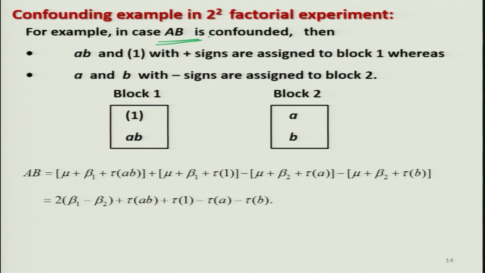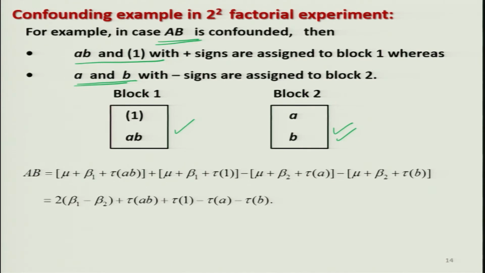Now, I can use this terminology that you are the one who has taken the decision to confound AB. Then what have you done? You have assigned AB and 1 in block number 1, and A and B in block number 2, right. And in case you try to see here,